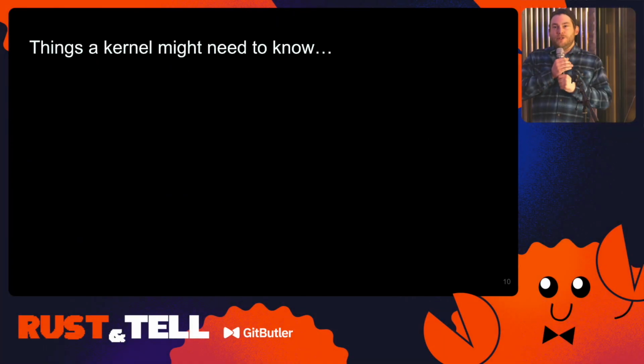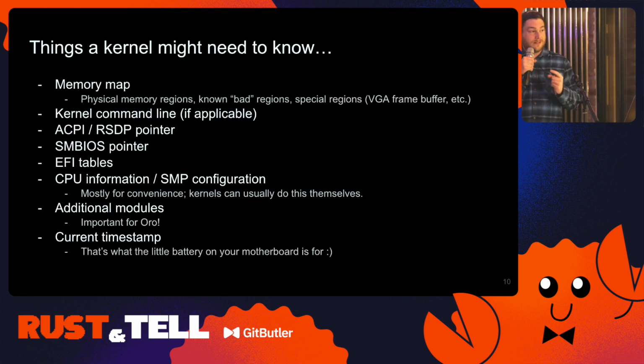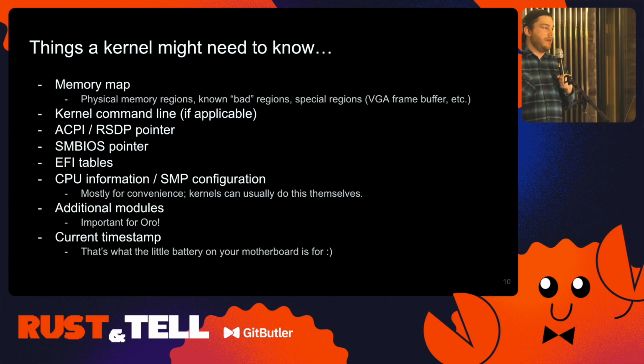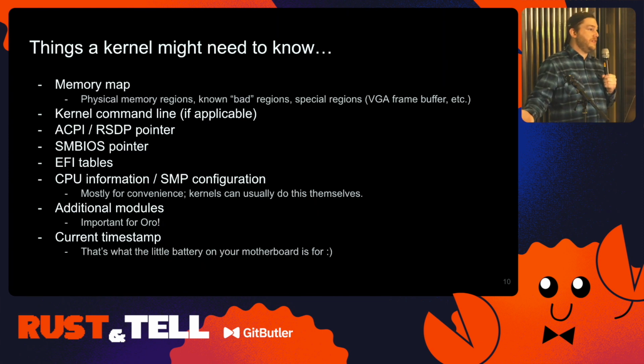So what kind of information would a kernel need to know when it boots up? And there's a lot of information on this slide. I'm going to just touch on it just a little bit. The most important one, at least right now for the Oro project, is the memory map. So what physical memory exists for the computer, RAM slots or video buffers or things like this, what exists for the kernel to use and store bytes and things in, right? It needs to know that because it's not an inherent thing. You could have 256 gigs or 256 bytes. The kernel still needs to know, right?